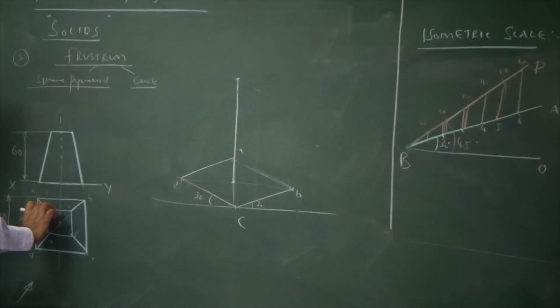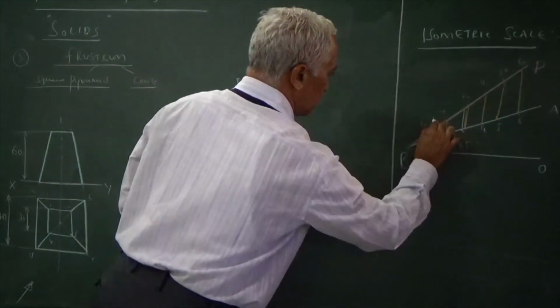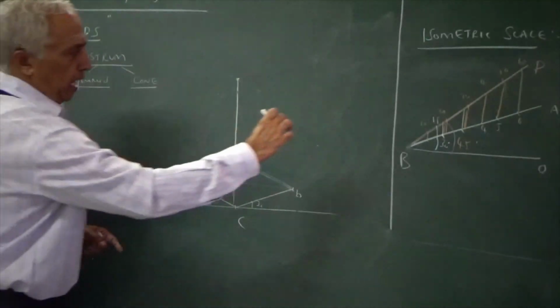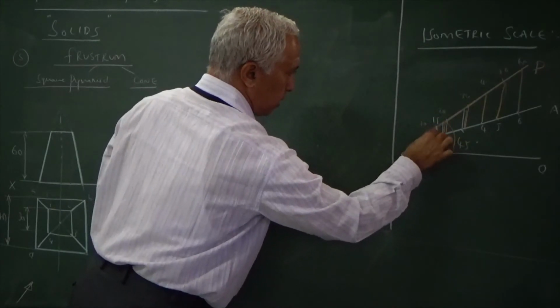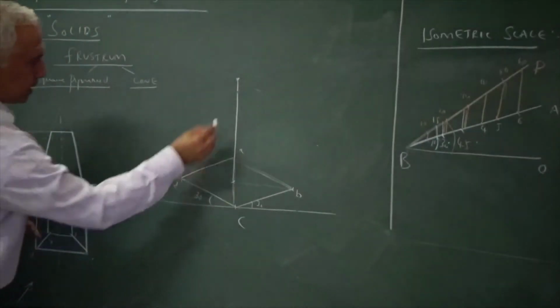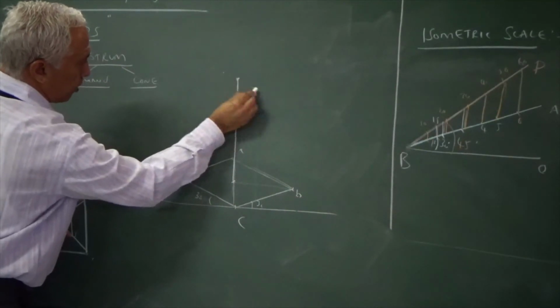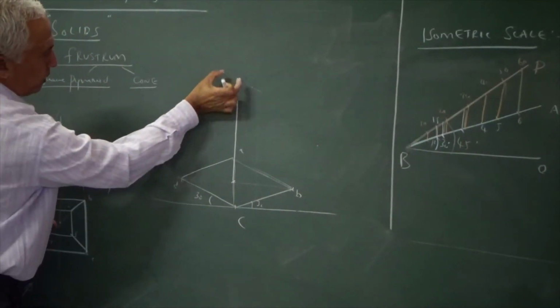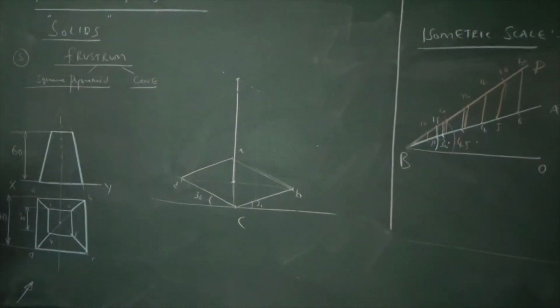The side will be 30 millimeter at the top. Half of this will be 15. So take ISO 15: actual distance 15, measure on the BP line, draw a vertical. On the BA, I get ISO of 15. So from this center, take ISO 15 on both the sides. So this is ISO 15, ISO 15. Total is 30 millimeter, because half is 15, half is 15, total is 30.